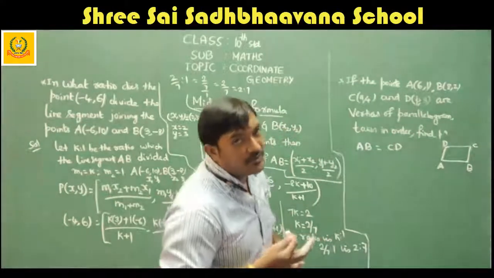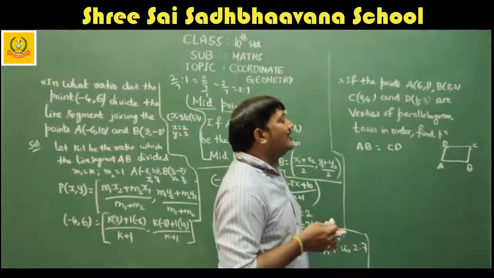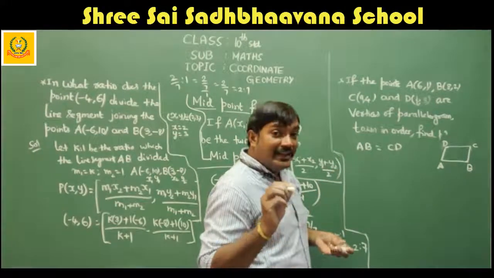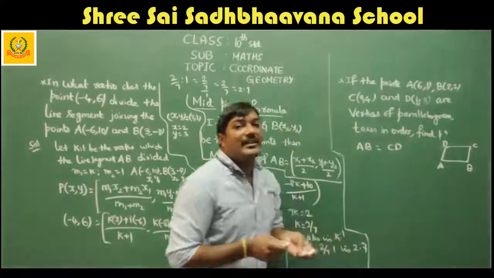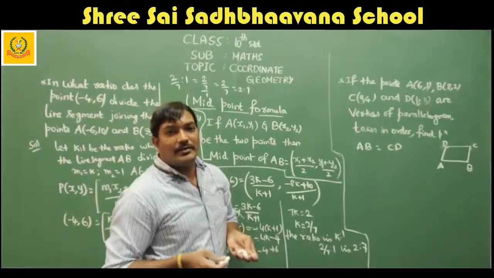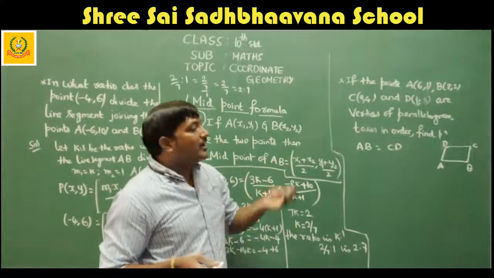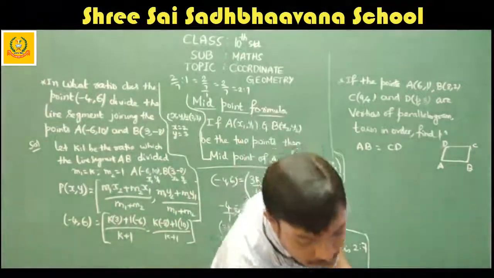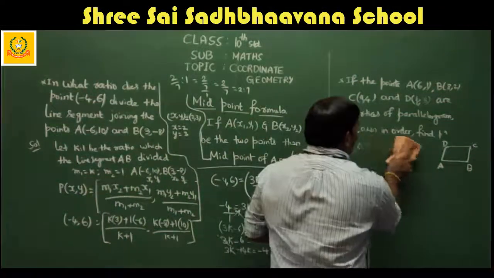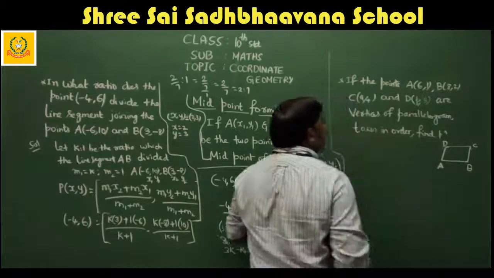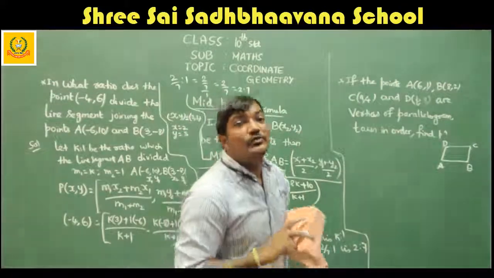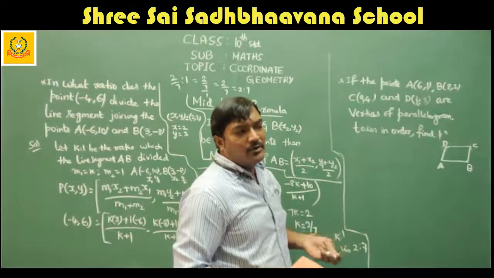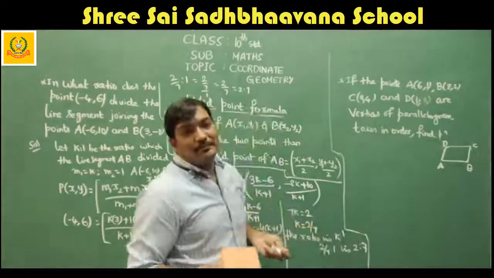You can find the distance between AB, you can find the distance between CD, and why are they equal? Because in a parallelogram, opposite sides are equal. Correct? Opposite sides are equal. So we can use that here. But it will take more time for simplification, because you will get roots on both sides, and again you have to square on both sides. Anyway, I am not doing that method. Don't worry about it. It will take some time.